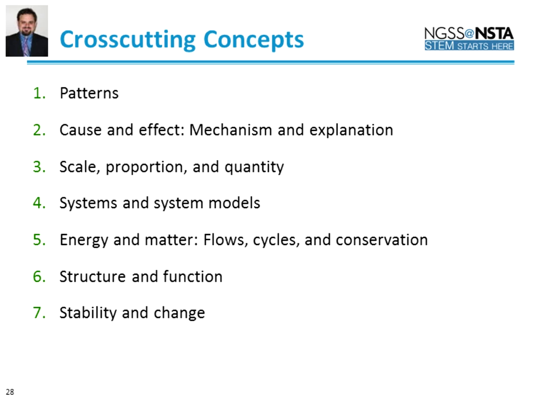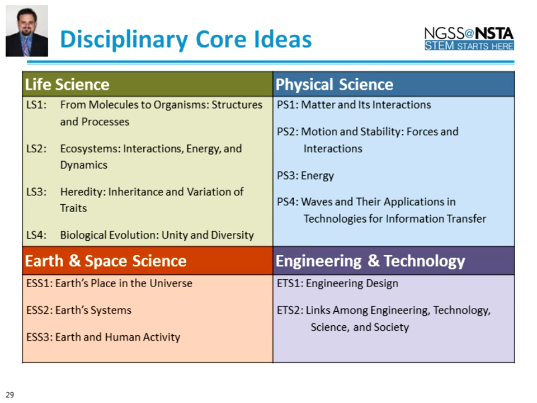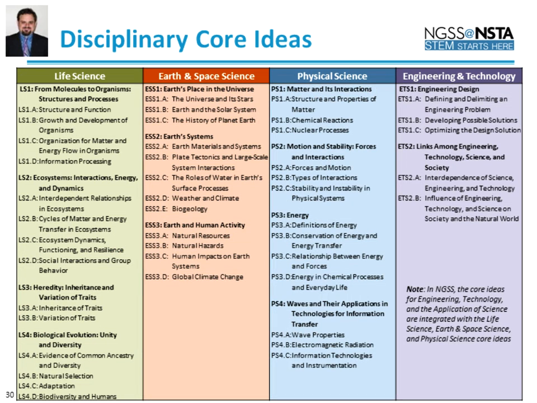Cross-cutting concepts are topics like patterns, scale, system, structure, and function that are not unique to any one discipline in the sciences, but really cut across, hence the name cross-cutting, all the disciplines. And then we have the disciplinary core ideas themselves: life science, physical science, earth and space science. And in NGSS, engineering and technology take their place alongside the traditional science disciplines. Each of those disciplines breaks down into some further detail, as you can see here, and even into some further details, as can be seen on this page.